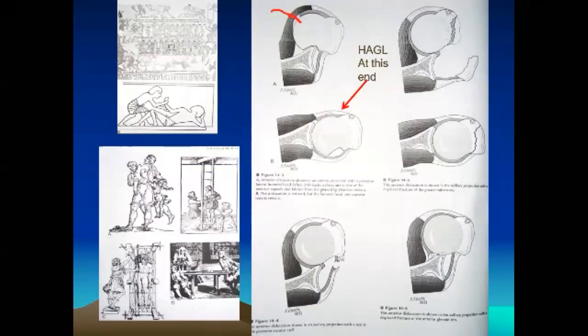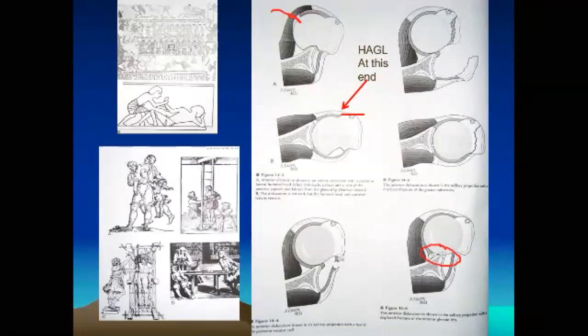This is the labrum. The inferior glenohumeral ligament is the key ligament. If the lesion is near the glenoid, it is called a Bankart lesion. If it happens at this point in the arrow, it is called a HAGL lesion. It can also happen over here, and posteriorly the inferior glenohumeral ligament can also be torn. It is not only that; glenoid bone loss can also happen, as here.